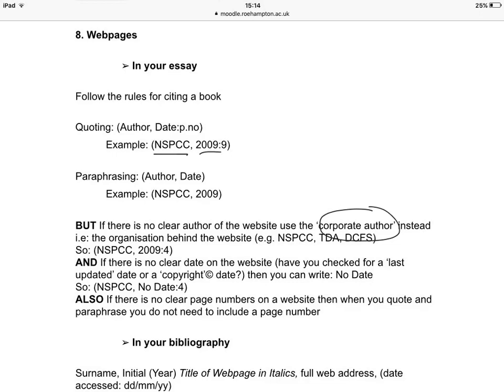Then you follow the same rules with date, page number if you're specifically referring to a page. If there's no clear date on the website, then you can write no date. And if there's no clear page number, then you don't need to include a page number.